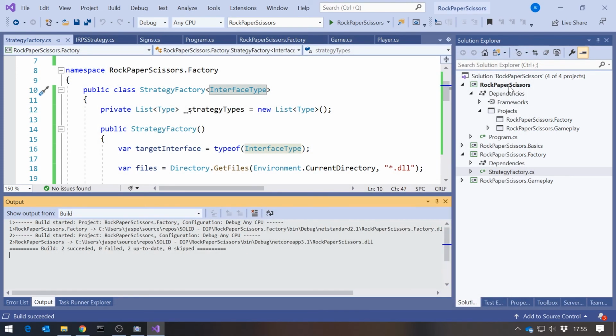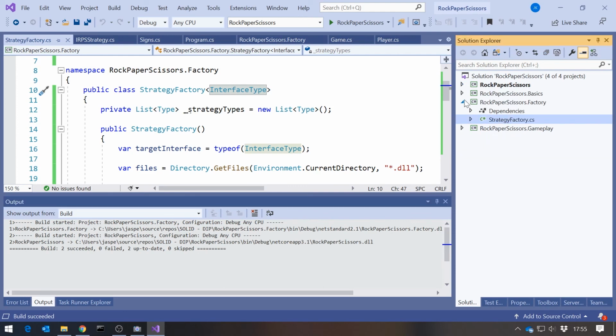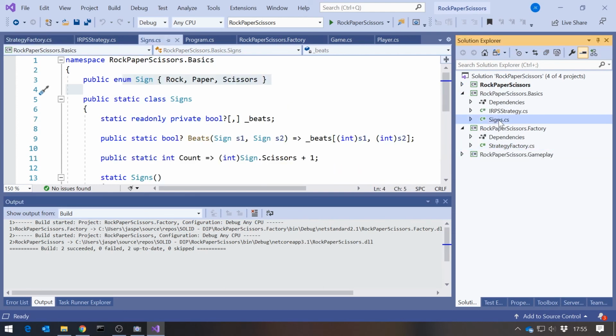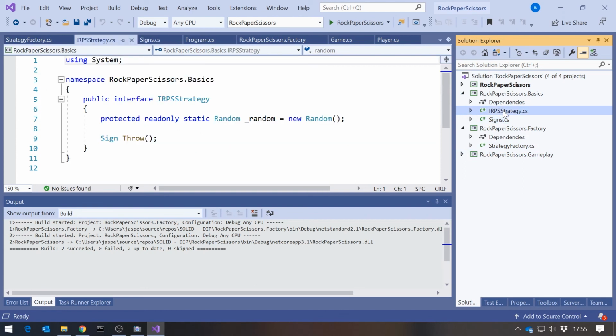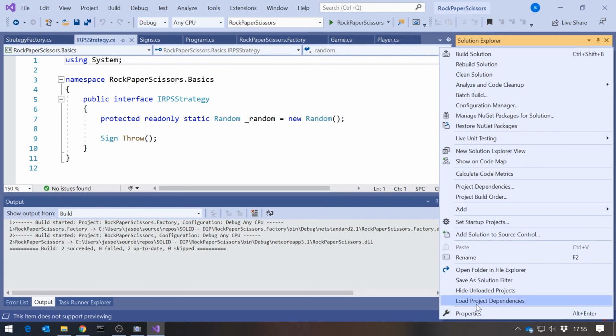And finally, the really nice thing about this, just to show you, is this is a way you can then write, in this case, a games program that other people can provide features for. So if we simply published our rock, paper, scissors basics, remember that has the signs and the RPS strategy, then anybody could provide a new strategy for a new way of playing, and it could be shipped to us and delivered and installed just by popping it into the folder. So actually, here's one I prepared earlier,